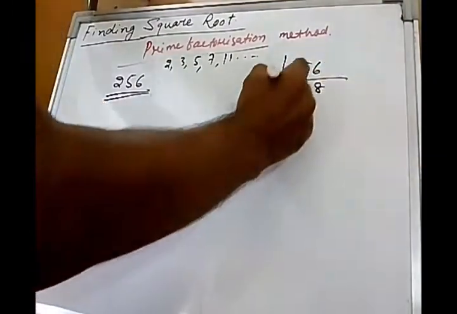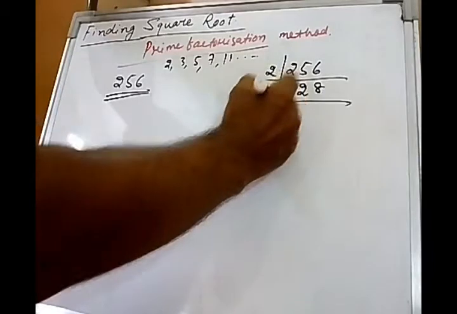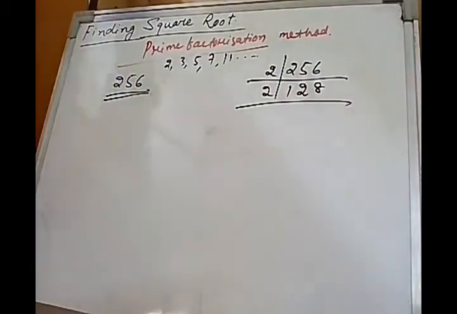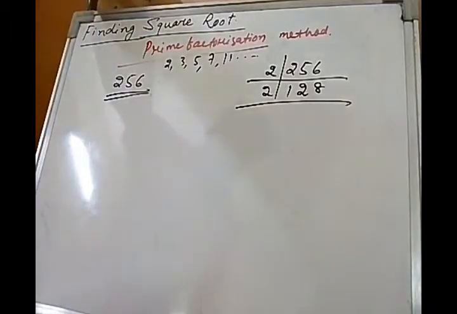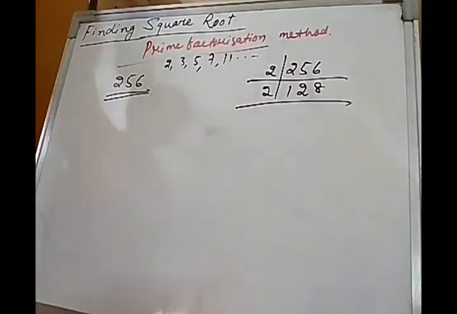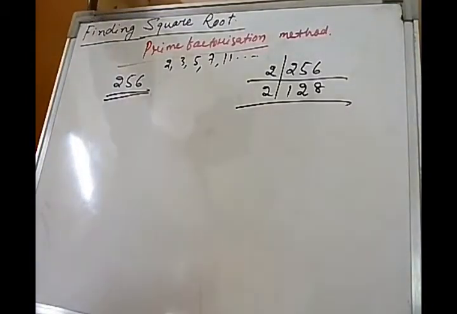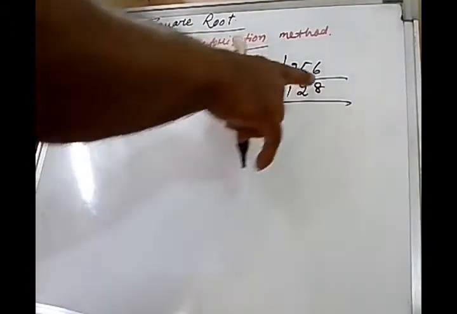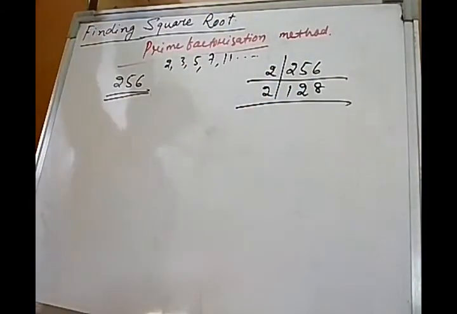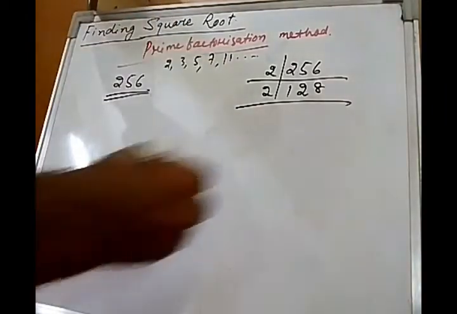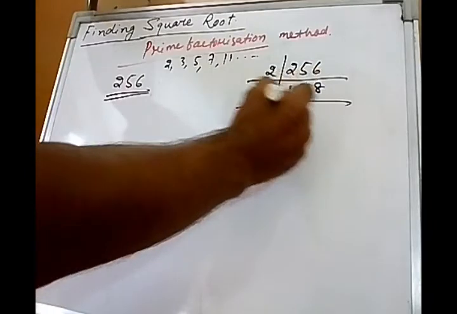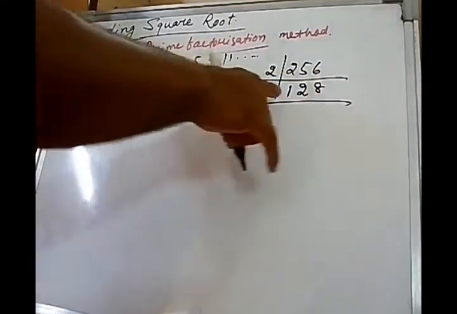So 2 8s are 16, again it will divide by 2 only by looking at the ones place digit. While doing the prime factorization method, you should know the divisibility test of all the numbers like 2, 3, 5, 7, 11 and all. So divisibility test of 2 says if at the ones place the digit is 0, 2, 4, 6, 8, then the number will be divisible by 2. So here 1 is not divisible by 2, so we can take the second digit, that is what becomes 12.